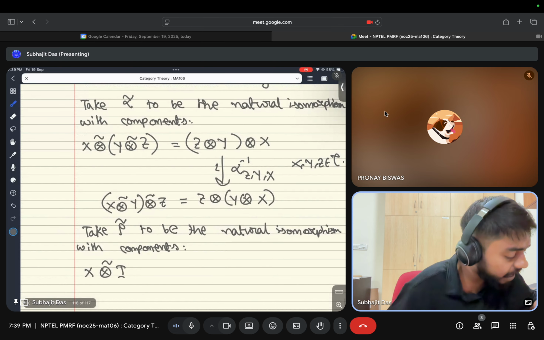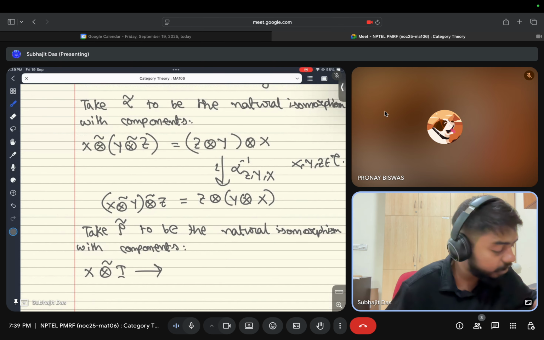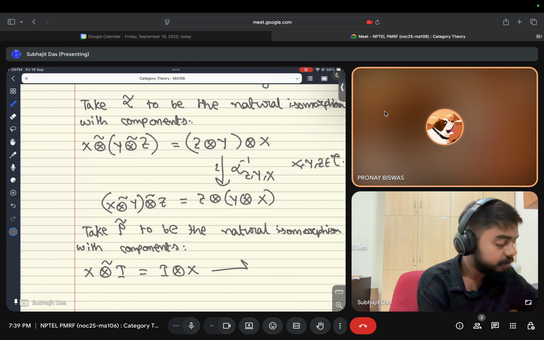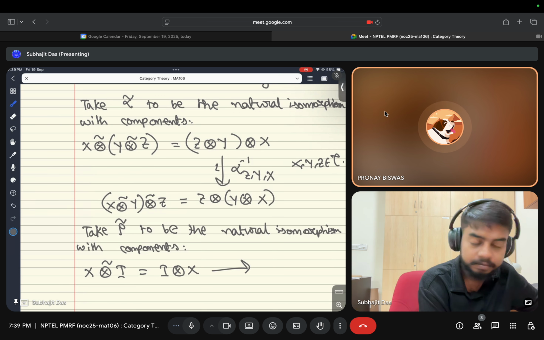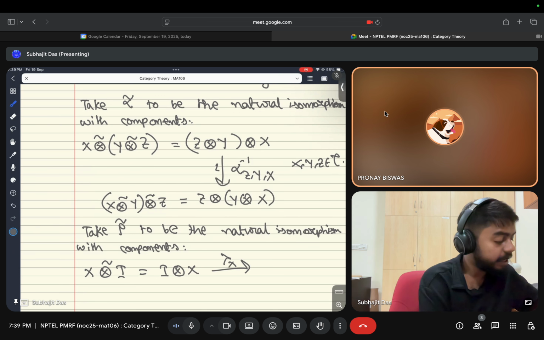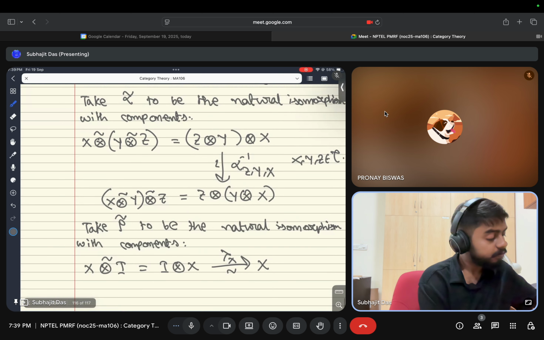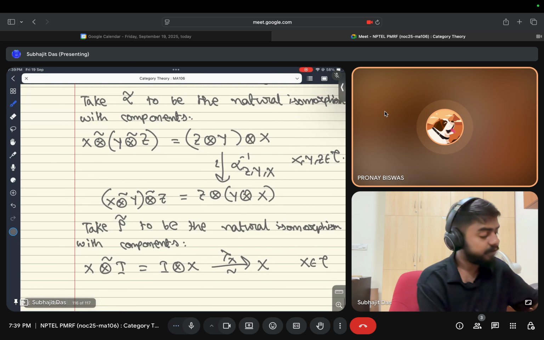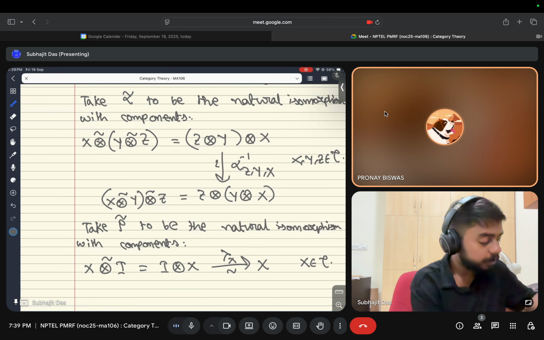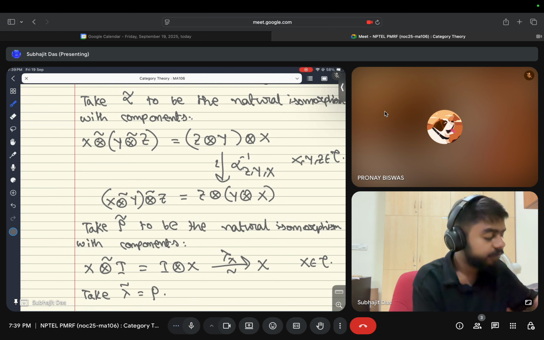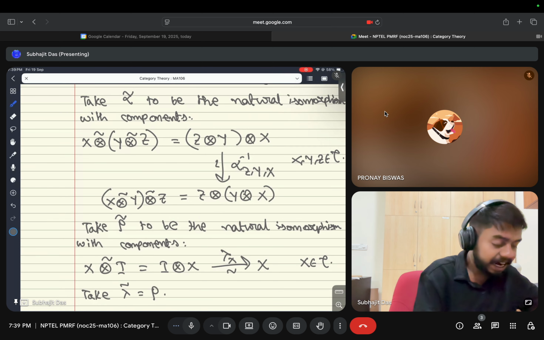X tensor tilde I is equal to I tensored x. From this to x we need something, so lambda x to x, for x in C. Similarly, take lambda tilde equal to rho, and check that